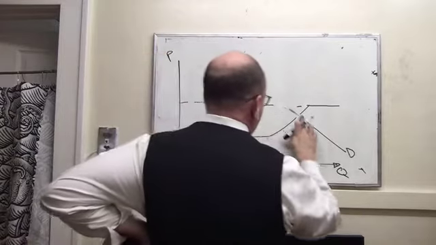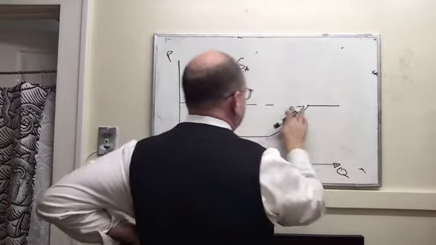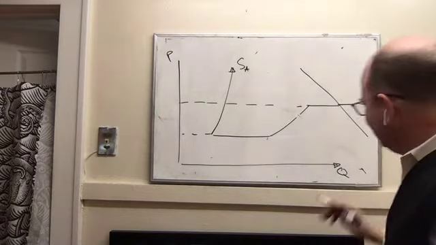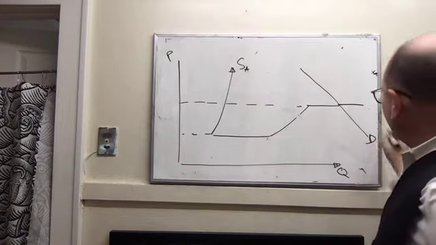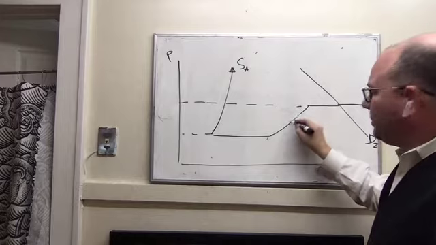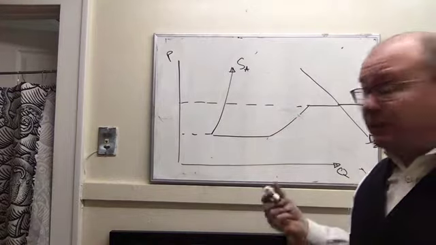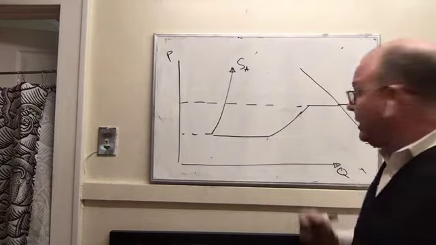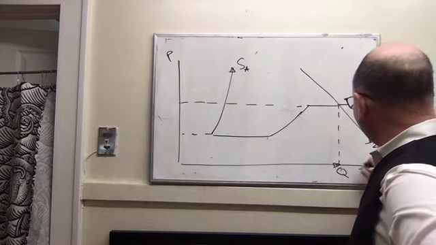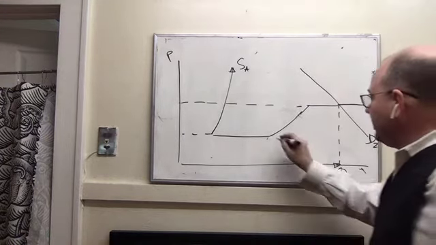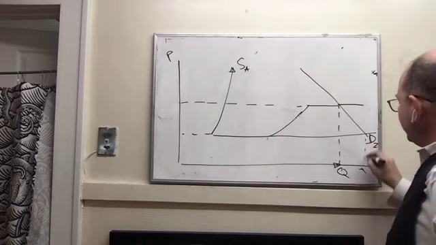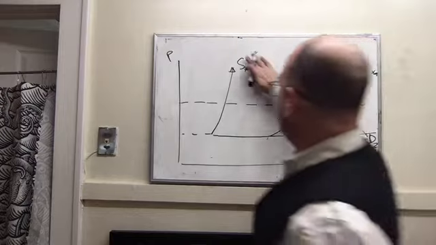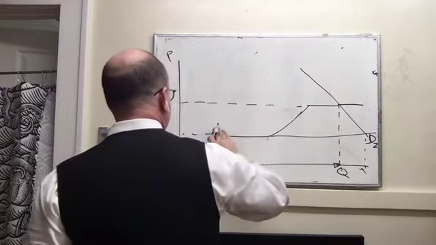But no, we want some new CPAs because that's a realistic assumption, that those of you who are studying accounting are going to go find jobs. So let's assume that. Okay, so this would be our new demand. And so what we would be comparing is the increase in demand without the restriction on entry and the increase in demand with the restriction on entry. So with the restriction, we end up here. Without the restriction, we would end up down here.